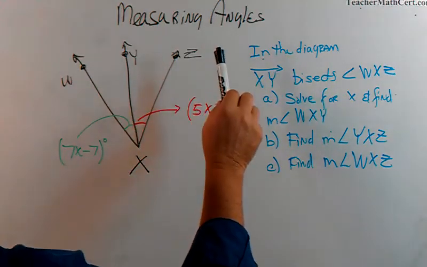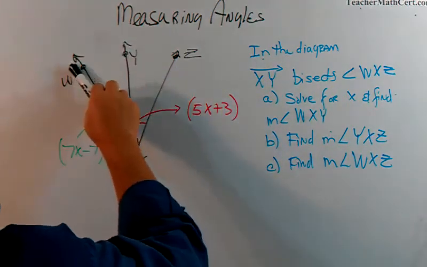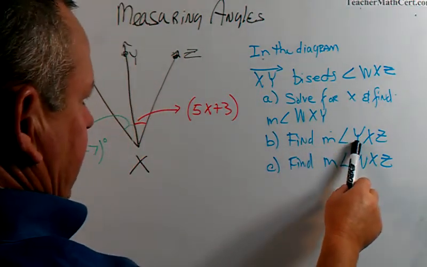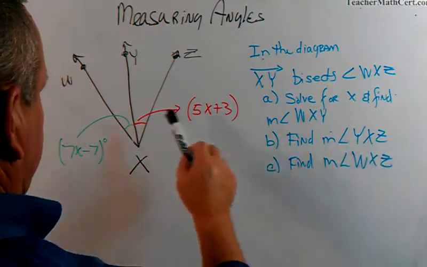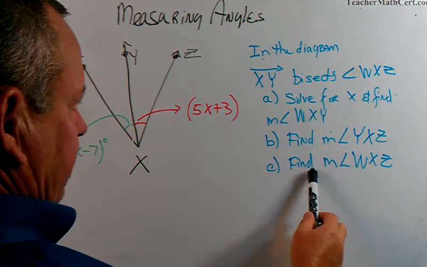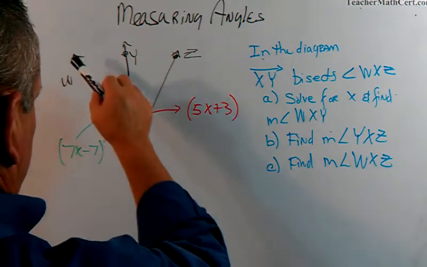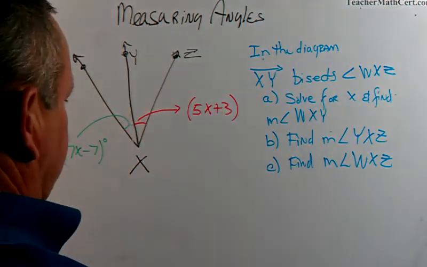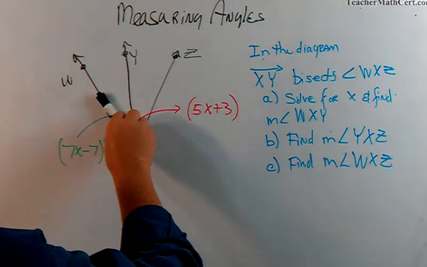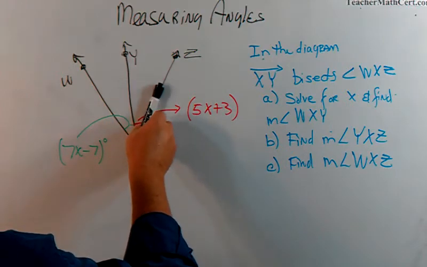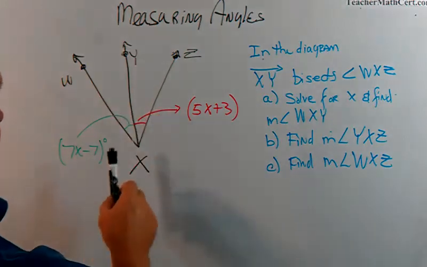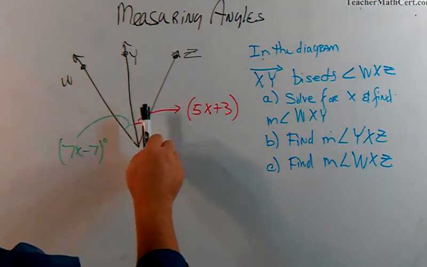WXY. Okay, that's this guy right here, WXY. B says find the measure of YXZ. So we're going to find YXZ, and we're going to find the measure of WXZ. Clearly, what they're trying to do is say, look, this guy's splitting it, so find this angle, and then find both angles, or find the total. If it's splitting it, we find one side, the other side is going to be